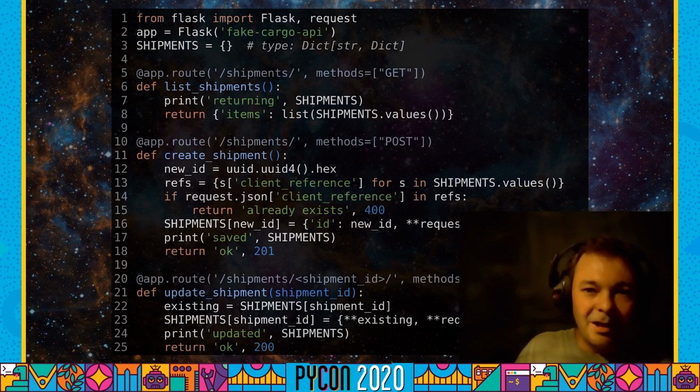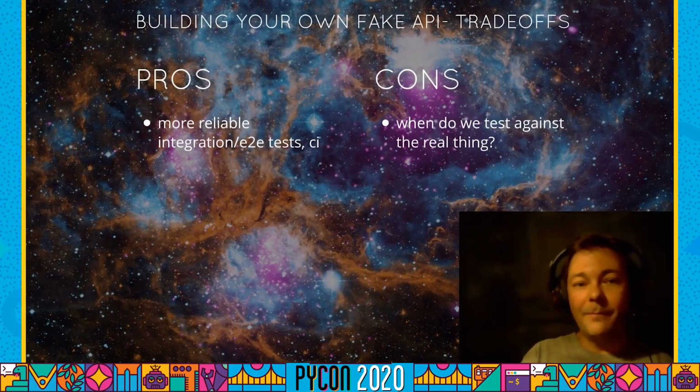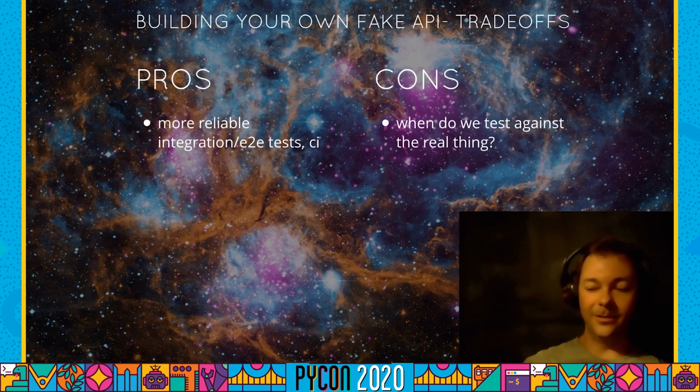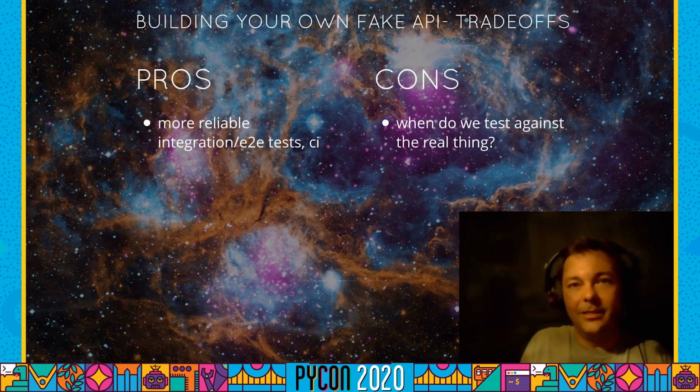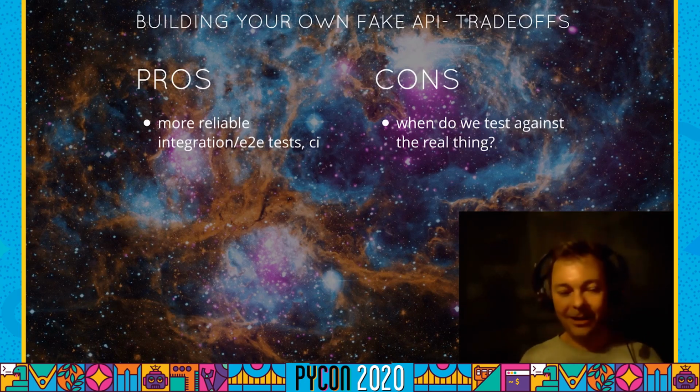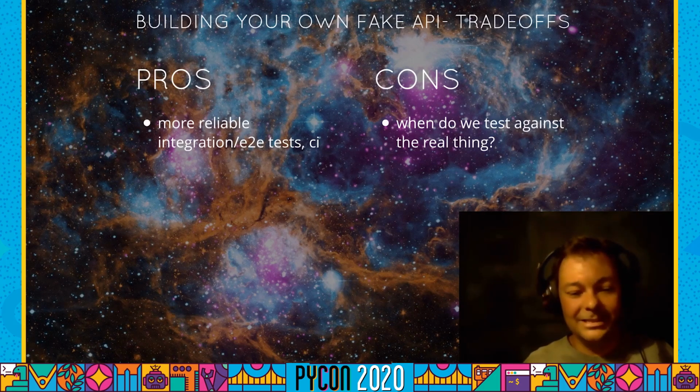And what that will buy you is more reliable tests, right? Because instead of talking across the real internet, you're talking to a fake that you control. And if that third-party API is not a major part of your application, right? Like I'm sure for the 3 weeks that you're integrating with the shipments API, you're really caring and swearing about it. But 6 months later, it's a thing that you solved ages ago.